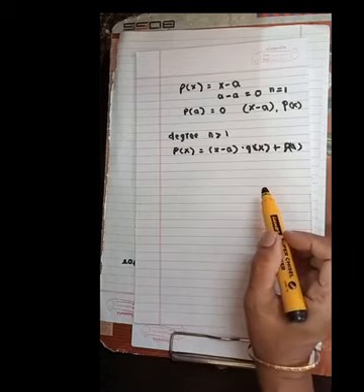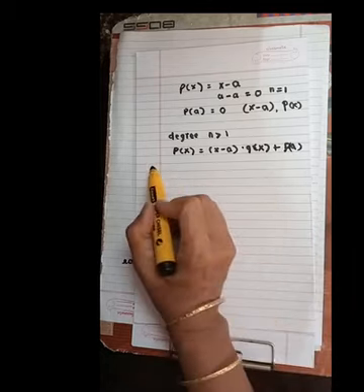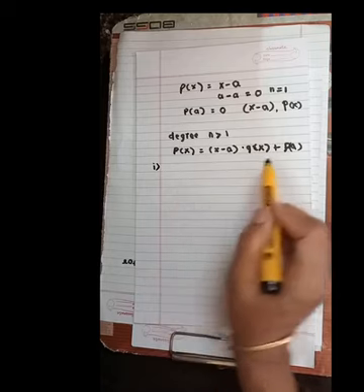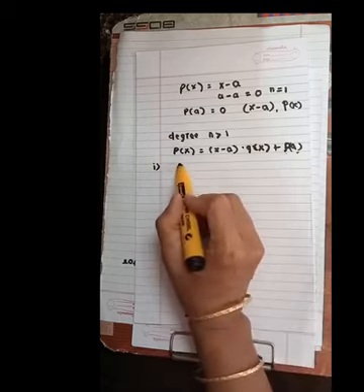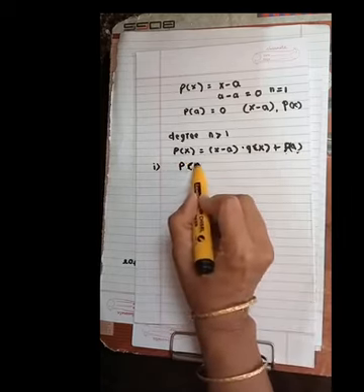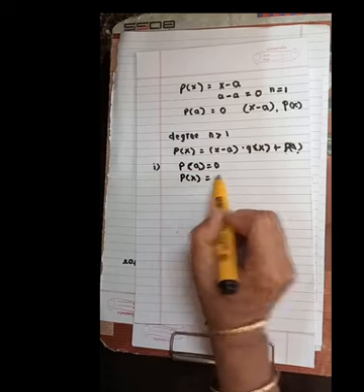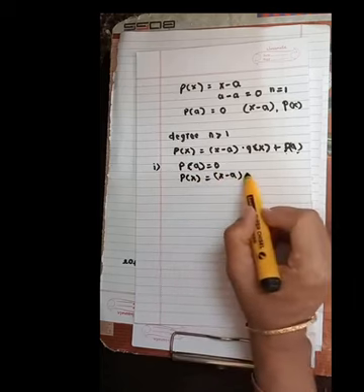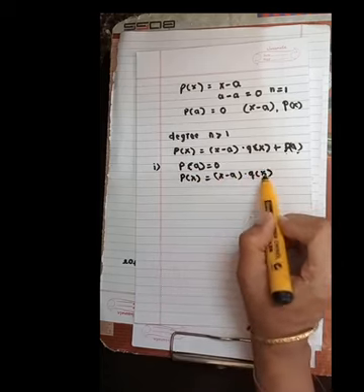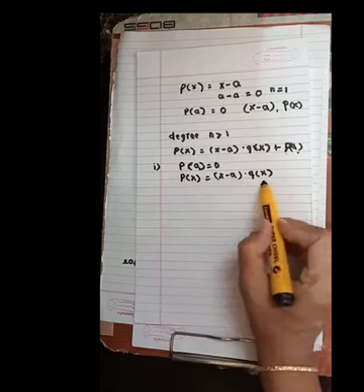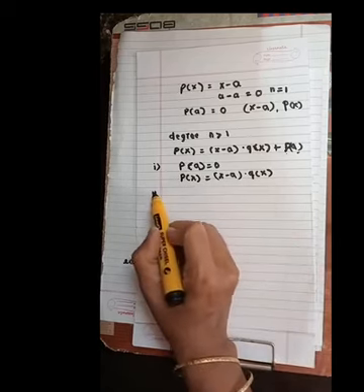What is the remainder according to our theorem? What is the first condition? If p(a) is equal to 0, then what do you get? p(x) is equal to (x minus a) multiplied by q(x). So as it is a multiplication of two polynomials, the theorem is proved.